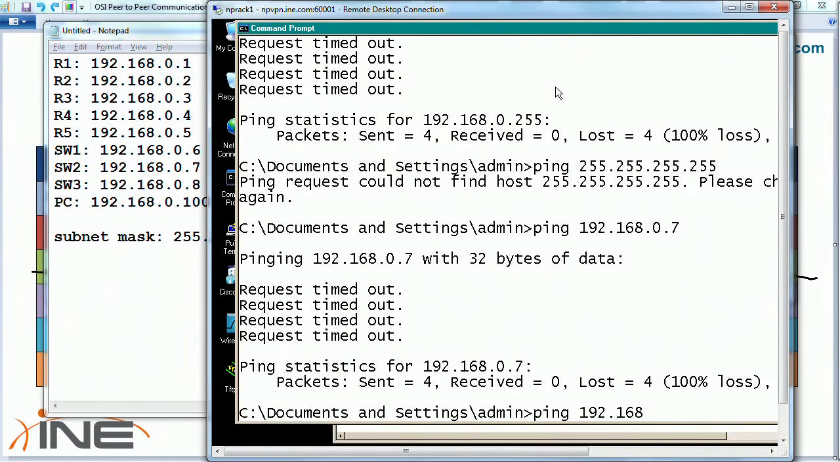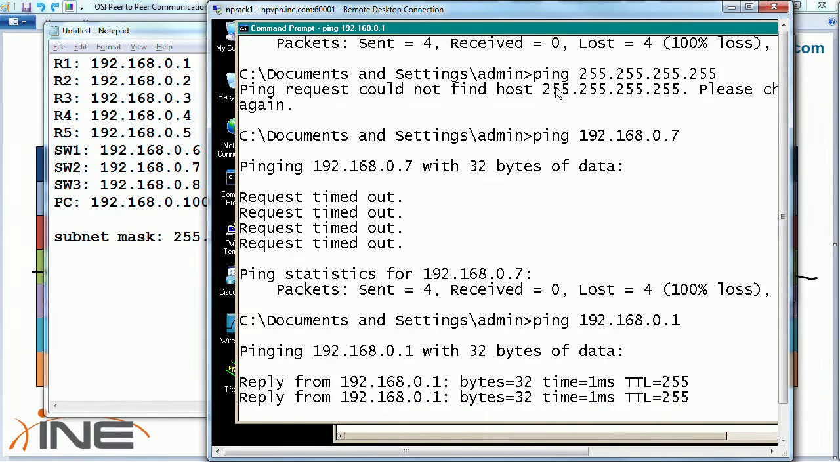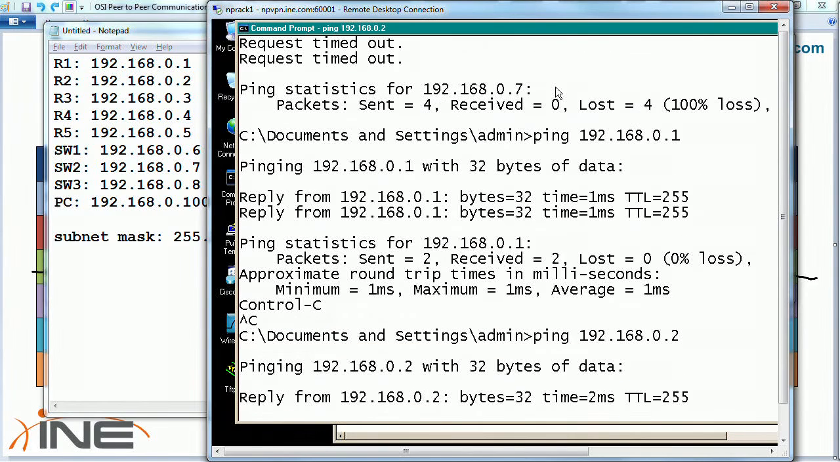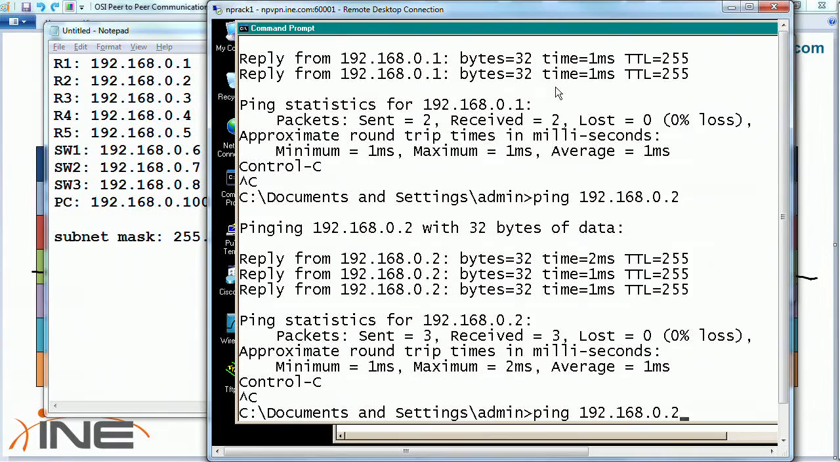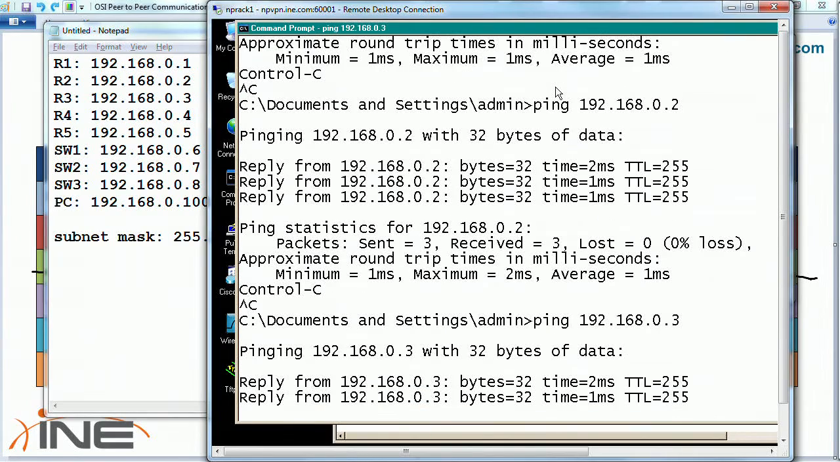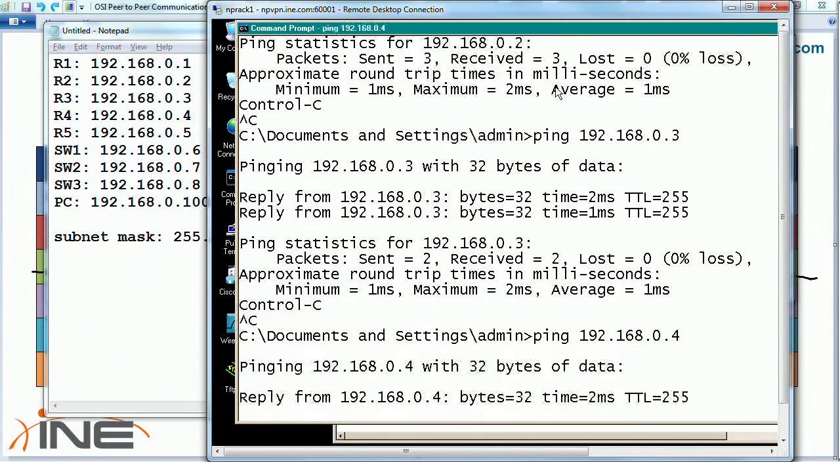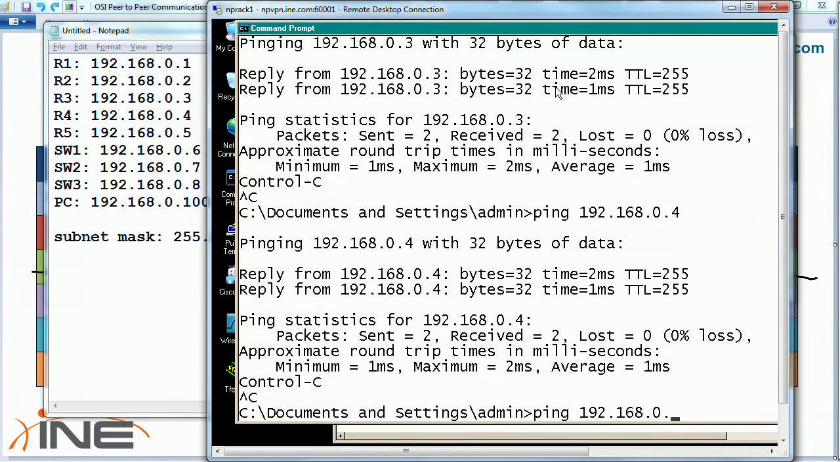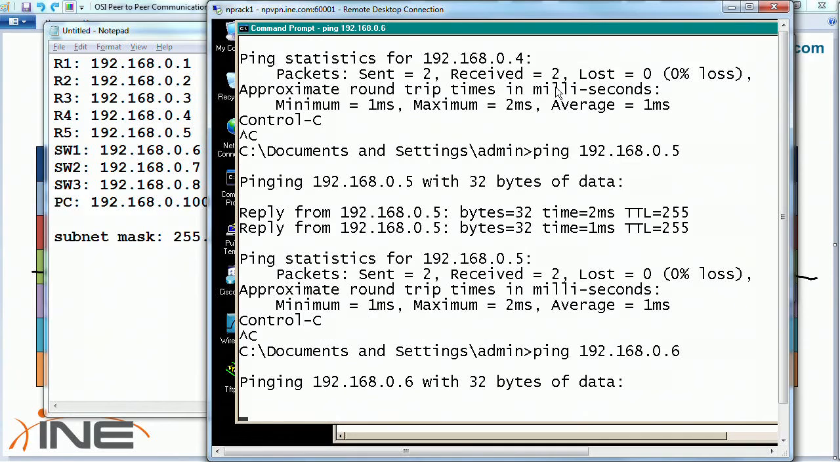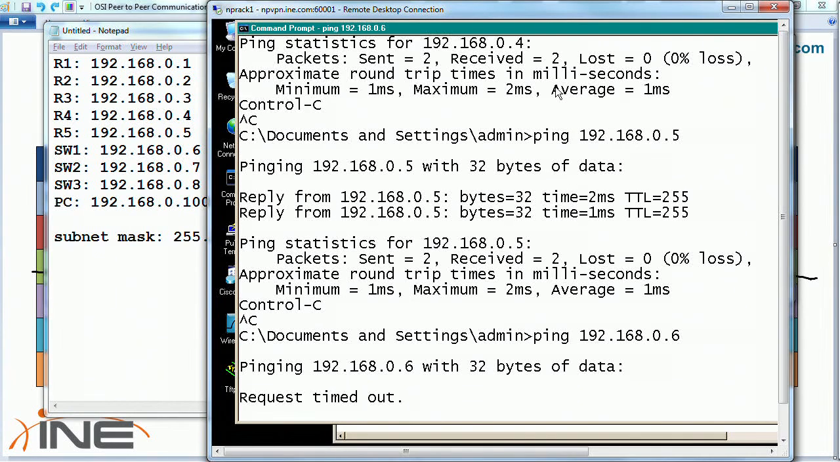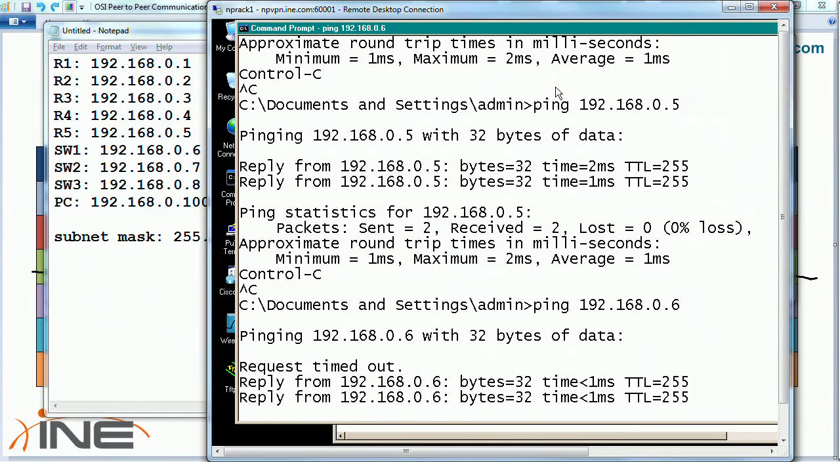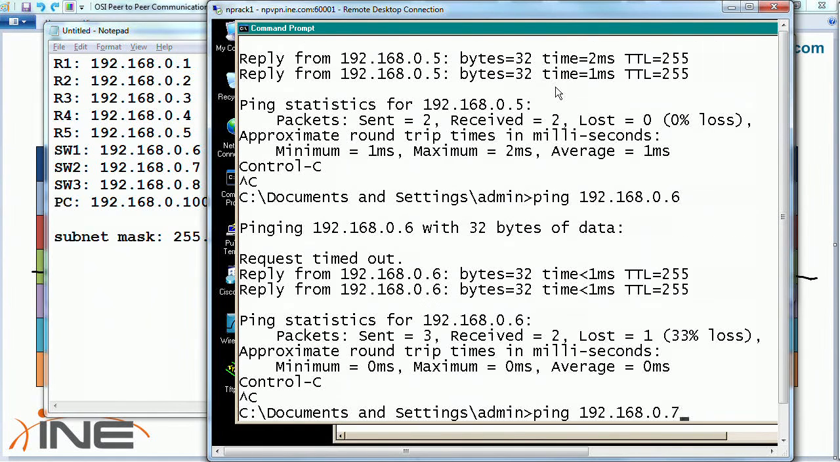Ping 192.168.0.1, 2, 3, 4, 5, 6. 6 works, 7,